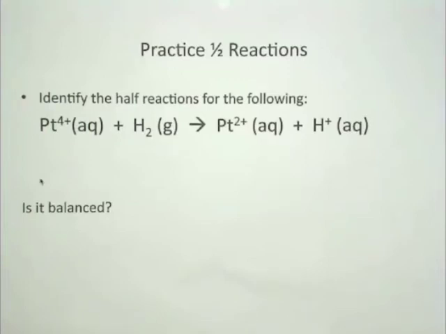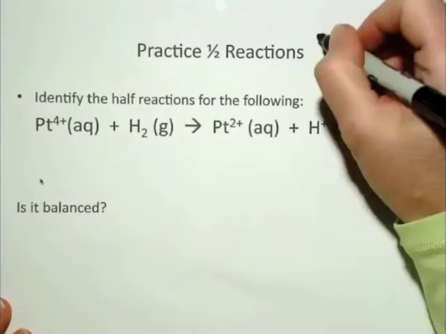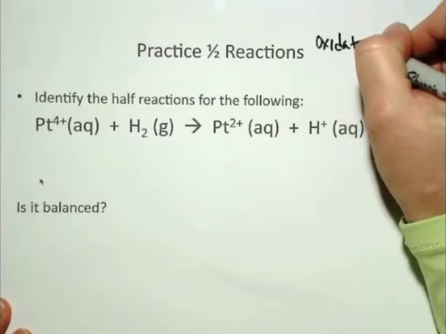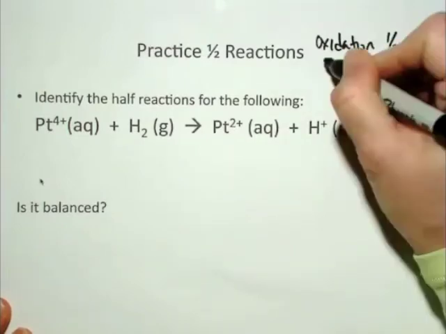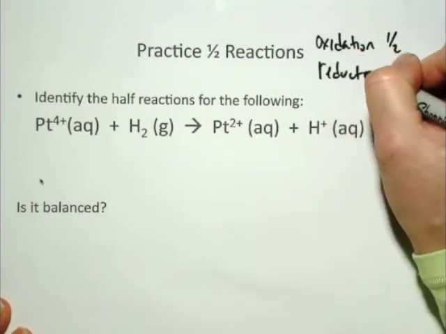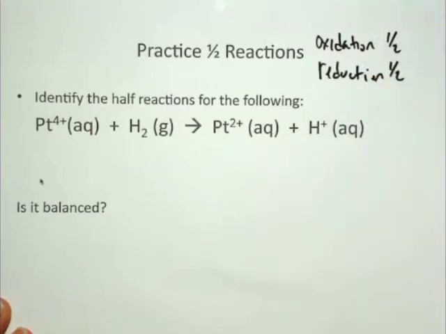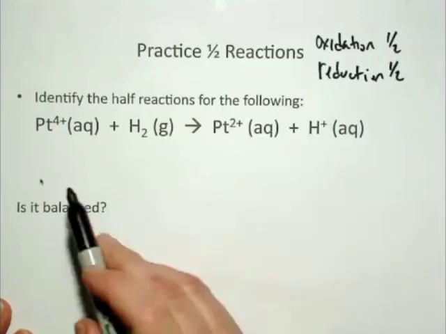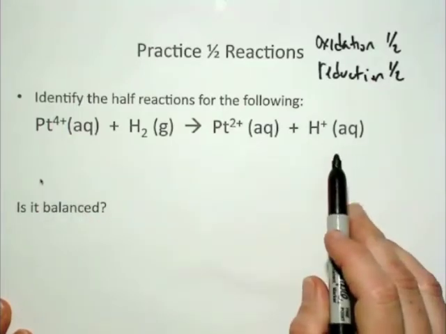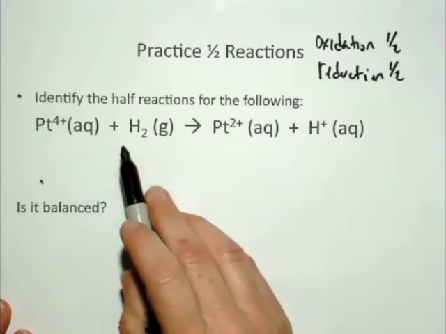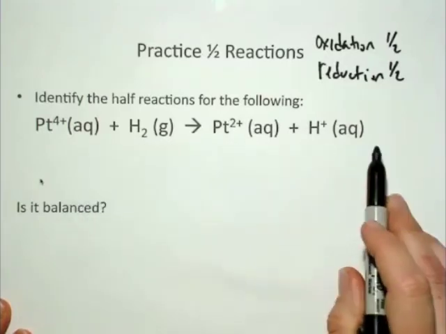to recognize that we can write an oxidation half reaction and a reduction half reaction. And when you add them up, the two halves, it makes a whole redox reaction, or you can look at them separately if you're trying to make a point. So for example, in this particular chemical change, platinum 4+ ion plus hydrogen to give platinum 2+ ion plus hydrogen ion,